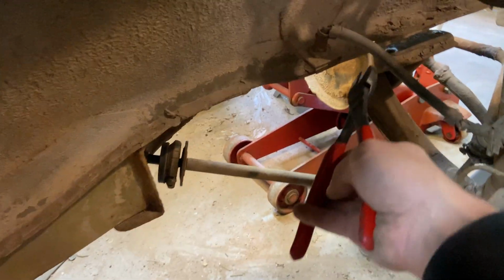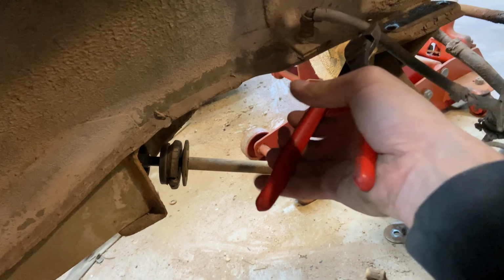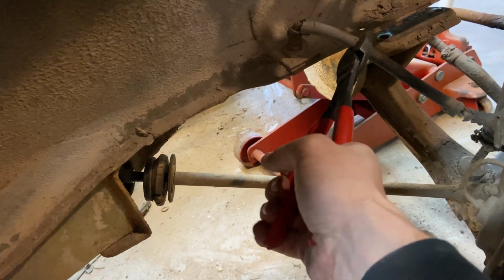I'm gonna teach you guys how to remove brake lines from a really old car. You grab a pair of these, and then you go to those, and then you just...